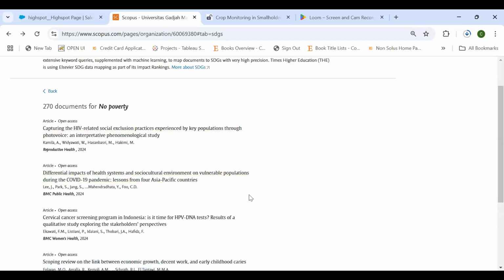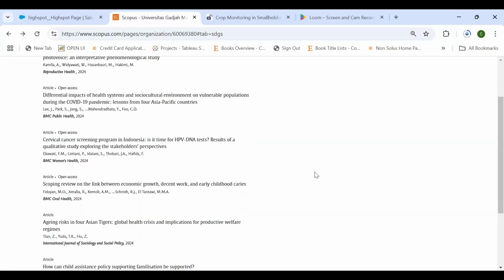This is also valuable to see if your documents have been correctly included already for a particular SDG.